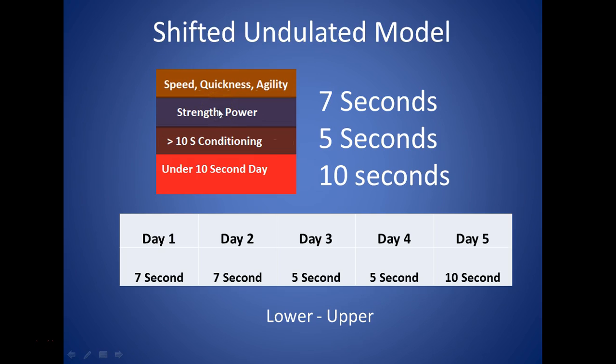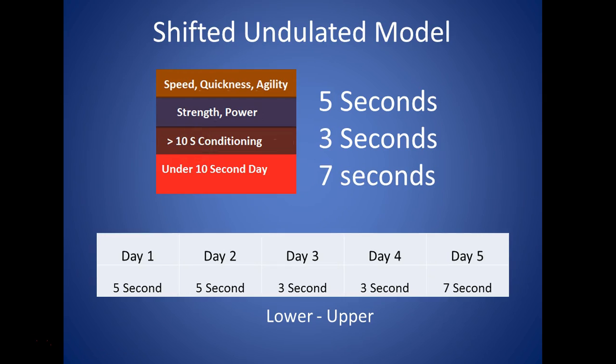And then after the first 12 to 16 of the lifting that day with high quality rest, I will switch to 45 seconds to a minute 30 rest, and do the rest of the power or strength if there's any movements, and 10-second conditioning that day. The same goes with this. This is just another option of the shifted undulated model.